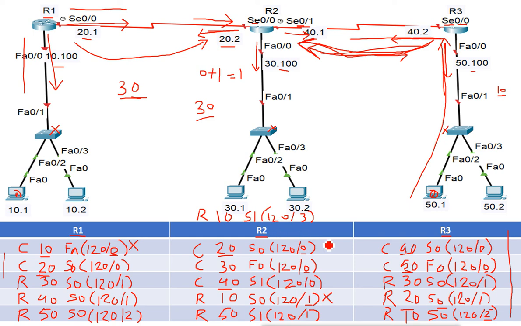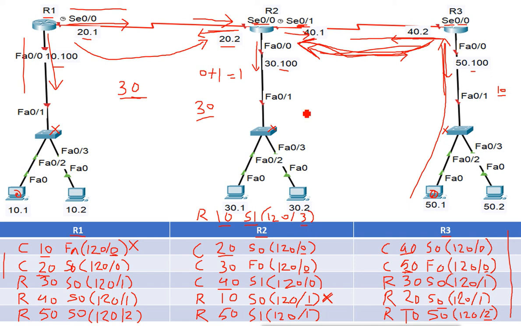Now do I have any information of network 10? Remember, this one is not available, it has the wrong information. What the information says is that I can reach network 10 from serial 0/1. Remember, it was connected to serial 0/0, not 0/1. It is the wrong information. It says I can reach it after 3 hops.